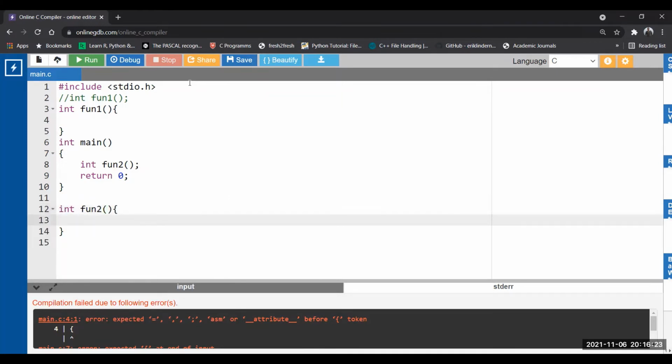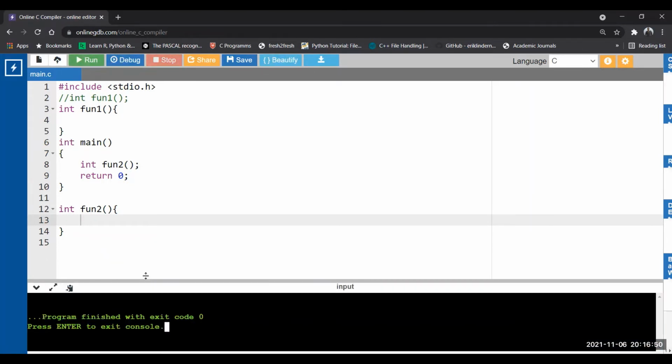Fun2 is also empty, and it is declared. In line number 8, I am following step number 1 for fun2. Why? Because fun2 is defined after the main method. This is the reason fun2 needs to be declared. Whenever you define the function after main, declaration is compulsory. What will happen if we do not declare? I'll show you later. So now I run this code.